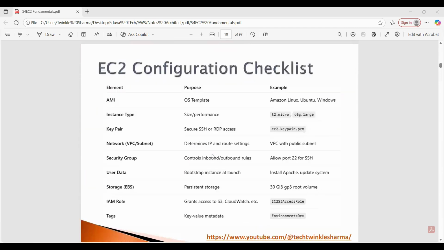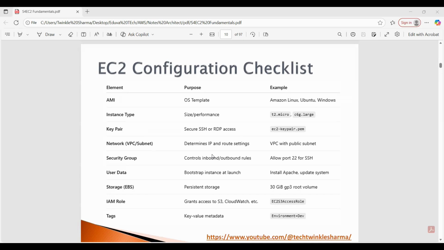Then we have the EC2 configuration checklist, in which we have multiple items: AMI, instance type, key pair, network VPC, subnet, security group, user data, storage EBS, IAM role, and tags. So we have a purpose for each of them. The AMI is for the operating system template.